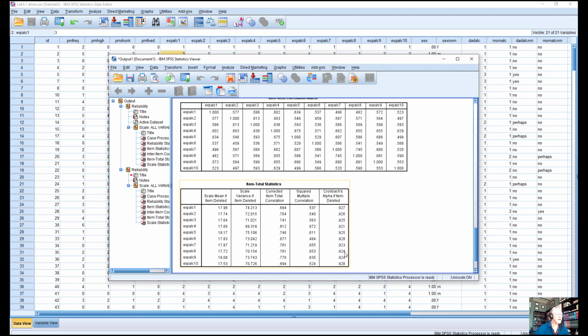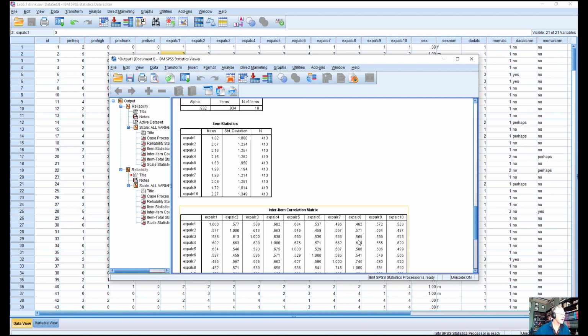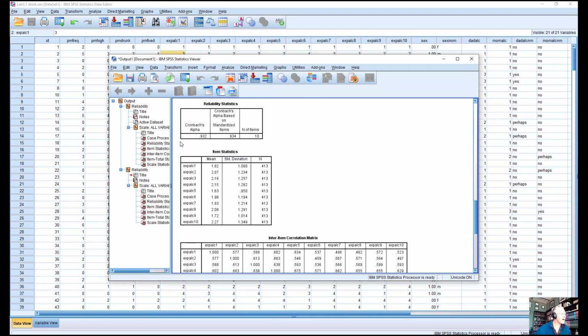Deleting any item does not increase my alpha. There's no reason to delete an item with a Cronbach's alpha that high. And so we're doing good. Okay, so this says that it's okay to combine the items together in a single scale.